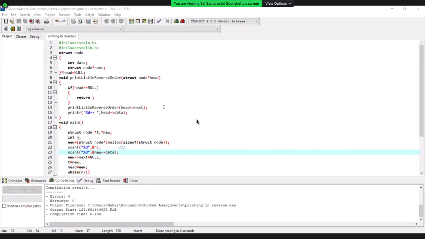So after this function, is it pointing 3 to 2, 2 to 1? No, sir. I thought the question was just printing in reverse order, and I wrote only for that. But now I realized you told us to make the list itself reversed.